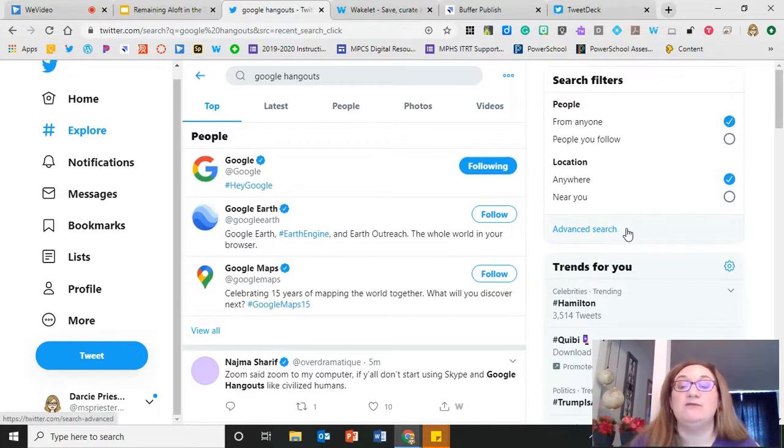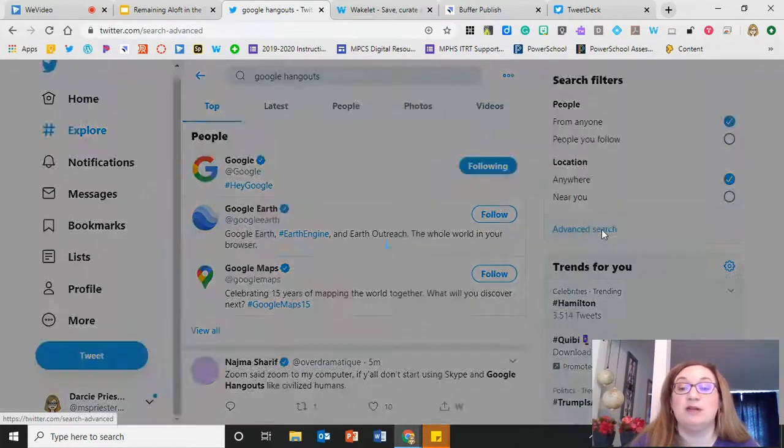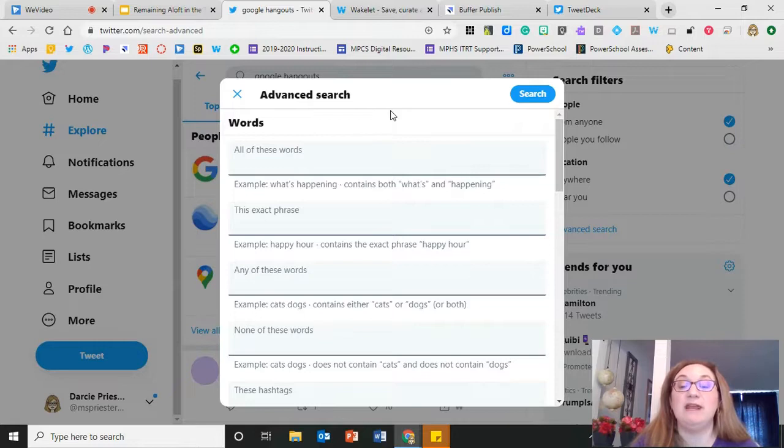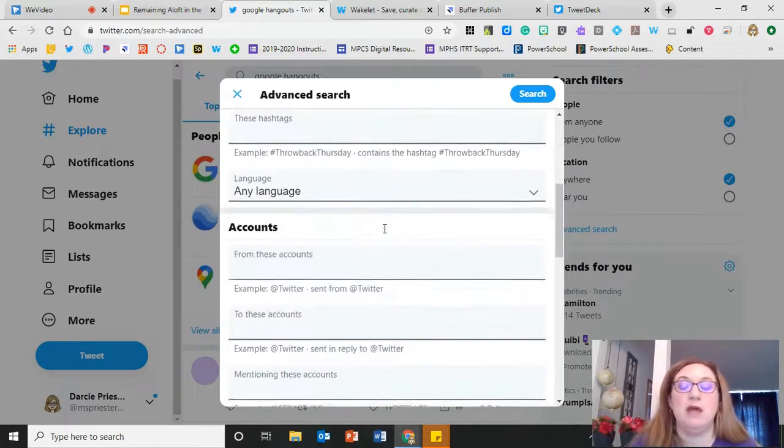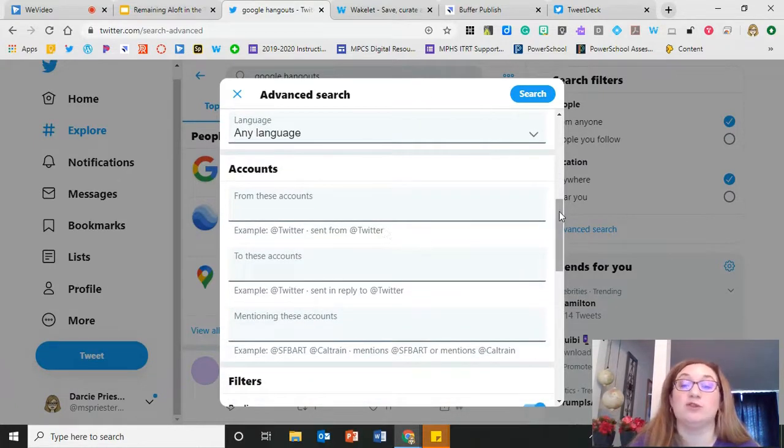Now there's also an advanced search. I can click on this and find even more options to help me narrow down my search on Twitter. So I have where I could use certain keywords, words that include certain keywords, words that exclude, or terms that exclude certain words. I could go down and look for certain accounts,